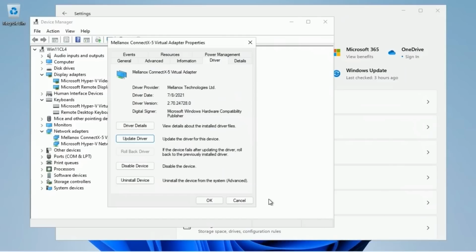Then, if for any reason that update caused any kind of a problem or didn't even succeed at all, what you'll notice is that there is a rollback driver option in here as well. Now, it's not available for me because I haven't updated my driver, but if I had and a problem appeared, then the rollback option becomes available, and that quite literally does exactly as it sounds. It will discard the new driver that you just installed, and it will revert back to the original one